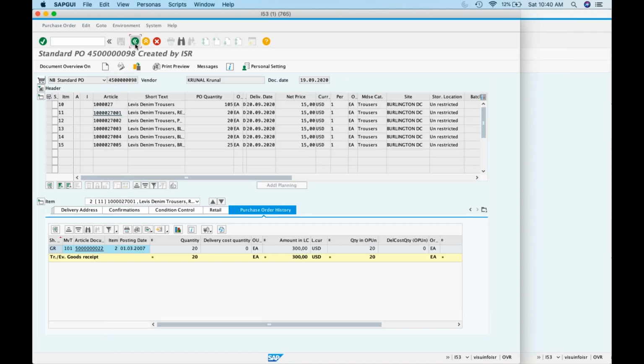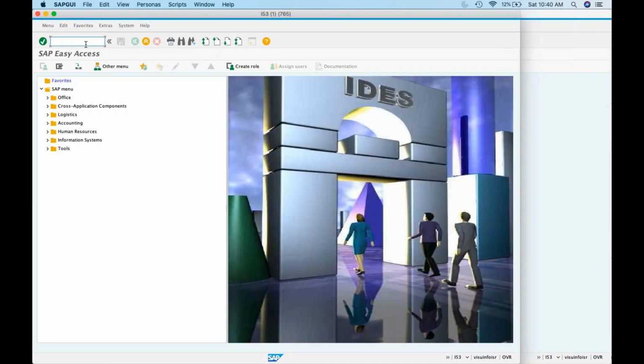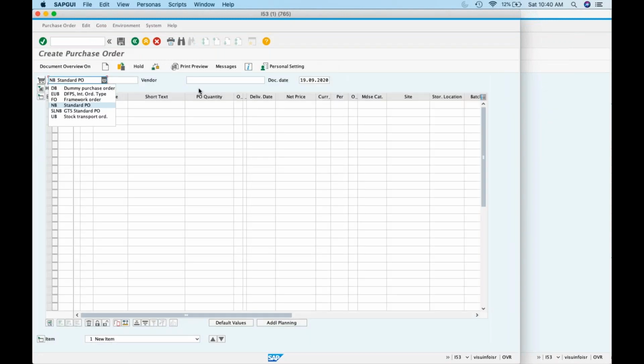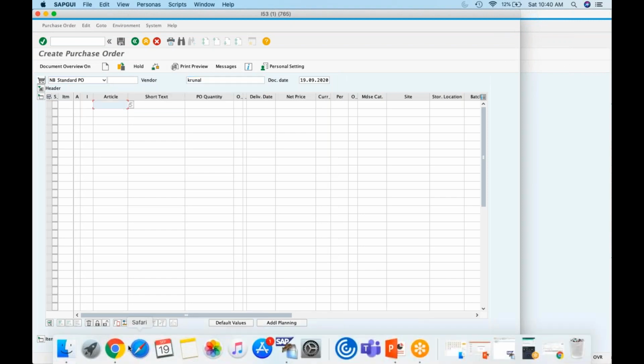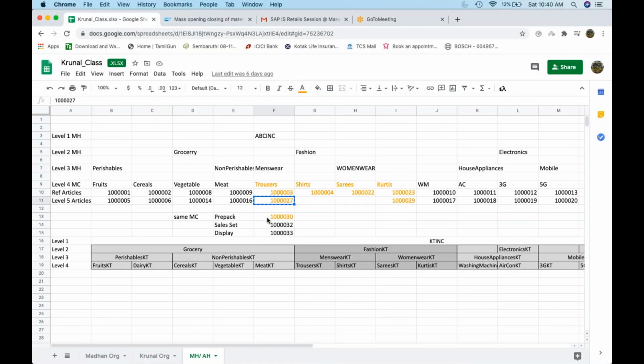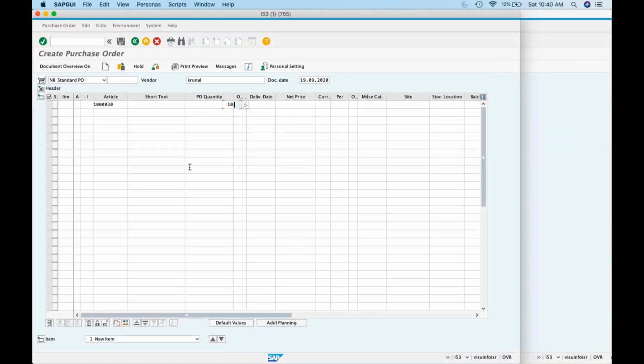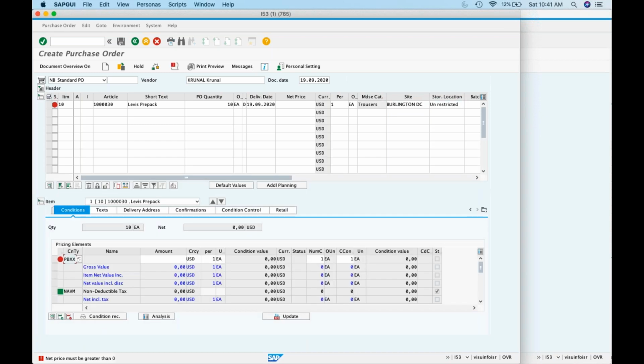So now I will show you how to order one structured article. Next, the rest of the things you can check. If you go to Chrono, then one structured article, what is that? Let's say pre-pack. Okay, article is 30. 10 quantities I'm going to order. Site is 1000. For this also price is not maintained, so I will maintain it here itself. Save it.